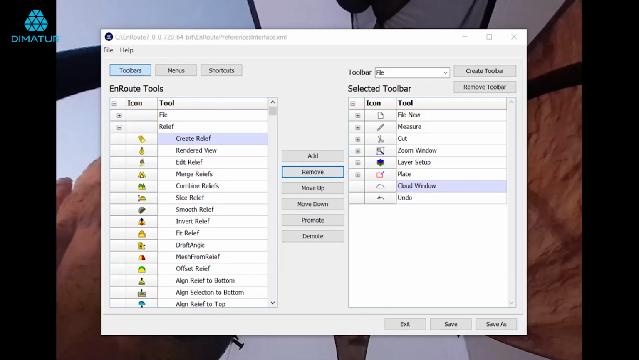This is an overview of the EnRoute Setup Manager, which allows you to customize the EnRoute interface. There are three main ways to customize the interface, and that's through the toolbars, menus, and shortcuts. When editing toolbars, on the left I have a list of all possible functions within EnRoute, and on the right